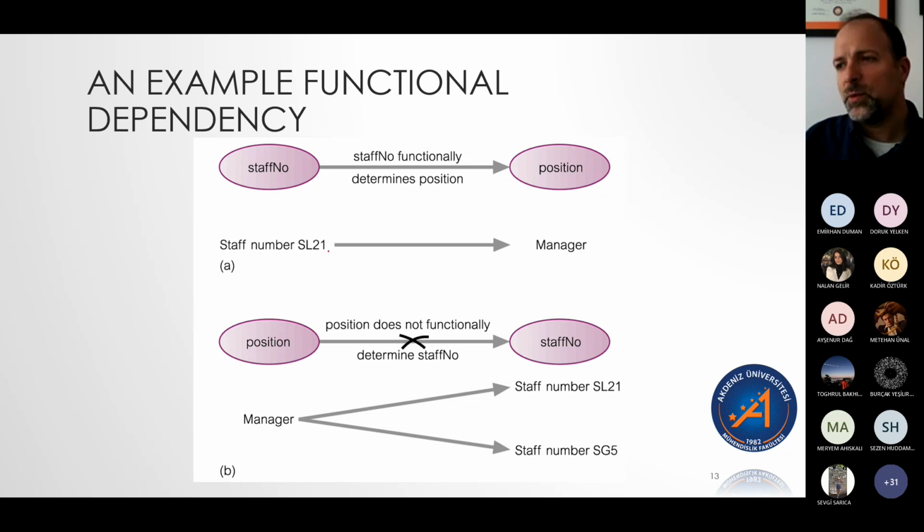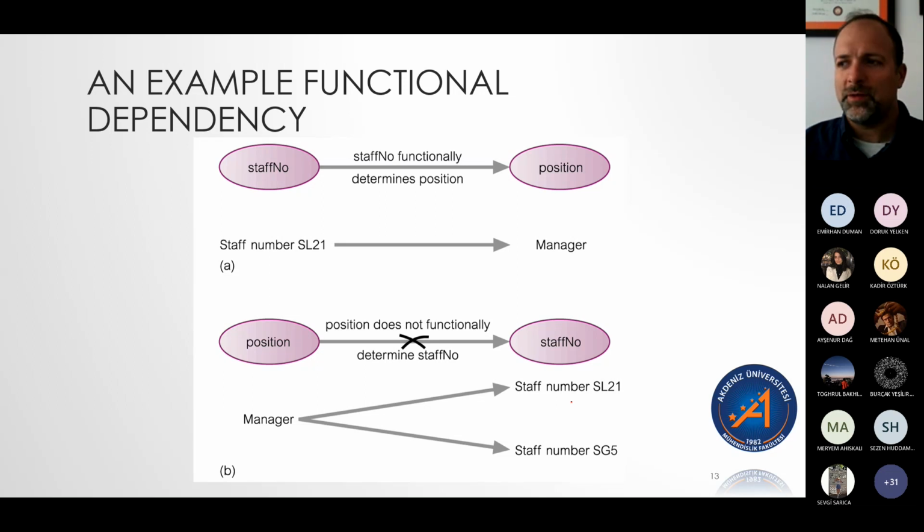SL21 is a manager. But the position does not determine staff number. Staff number is not dependent on position. If I know the position, I don't necessarily know the staff number.